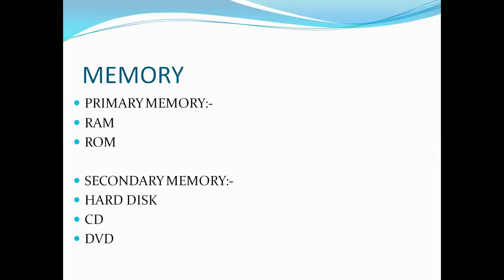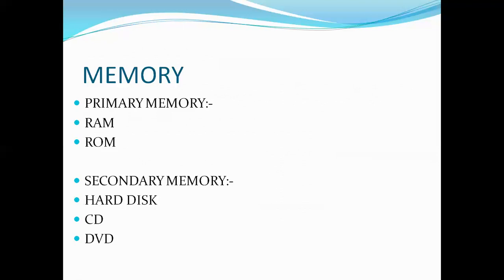Primary memory contains basically the data which is already written on it. Like suppose you are using Windows, all the booting instructions which are already written on the software will be executed. You cannot change the booting instructions. So that is written on ROM. You just read the instructions. And RAM is random access, means you can write in RAM, but as soon as you switch off your system or your power goes off, all the data will be vanished.